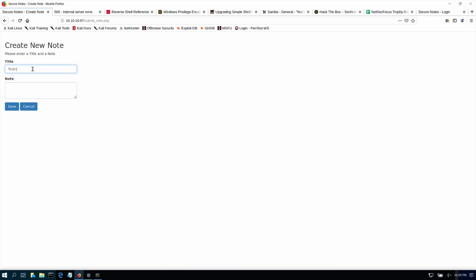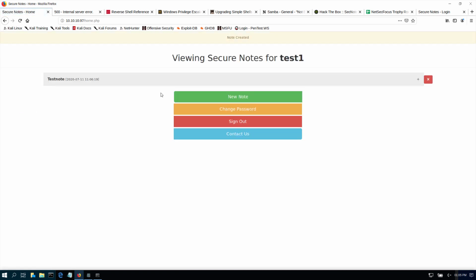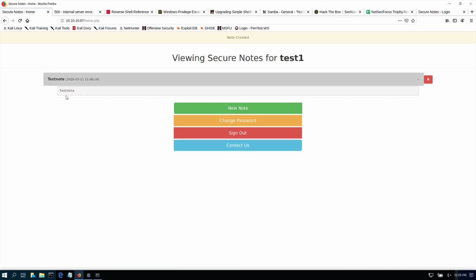Test note and save. And sure enough, this right here is a quick giveaway. If you ever see something like this where you enter a note and it's given back to you, or you fill out a form and the results of what you did are given back to you, that's a quick vulnerability. So we're not going to even waste time with the change password and everything. We're just going to sign out